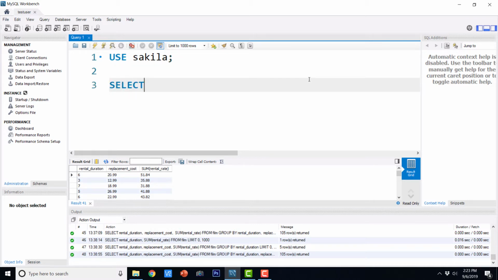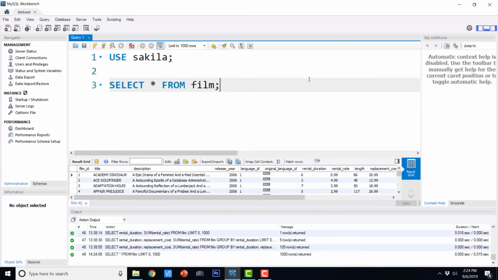So I'm going to say select star from film, and if I execute this, it will show us all the records from the film table.